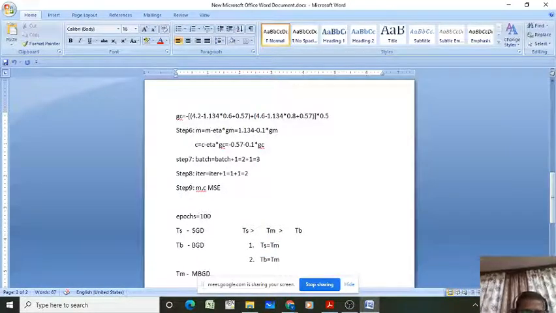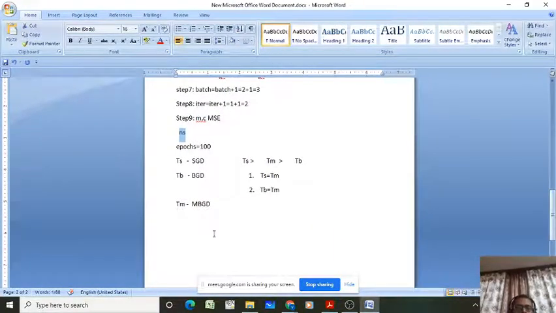Suppose my batch size equal to NS, the number of samples. If my batch size is NS, then which of the following will be true? TB equal to TM. Because you are setting your batch size as NS, the total number of samples, that means all the samples you have taken. It is like a complete batch, like batch gradient descent optimization. In that case, TB equal to TM. So from this, I want to give one conclusion: stochastic gradient descent takes more computation time compared to mini batch, and mini batch takes more computation time compared to batch gradient descent. I think you agree with this statement, right?